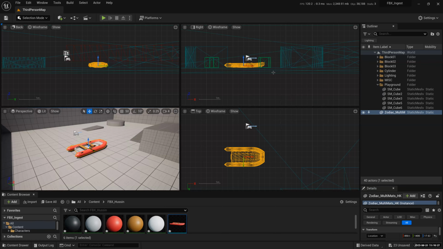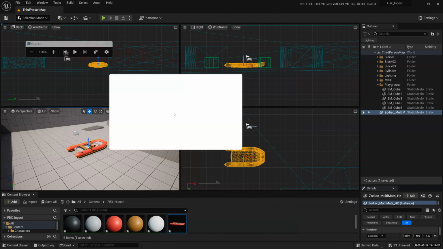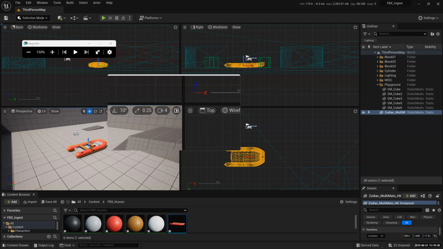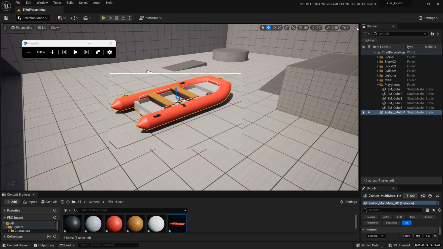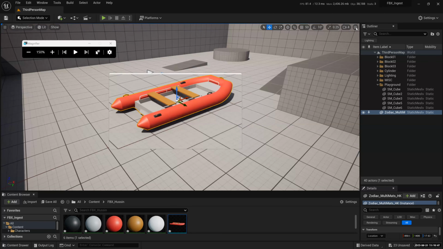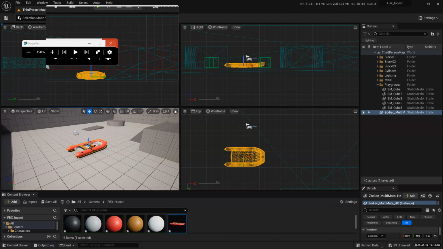Okay, how did I get my 4 views? It's up here, guys. Let me zoom in, sometimes things can become too small. Can you see this little square thingy, like a screen here? Click on it, it goes back to normal view. Up here on the top right corner, you can see this little quad screen view. Click on it. It goes into this view. You want to go back, you just click on that little window up there.